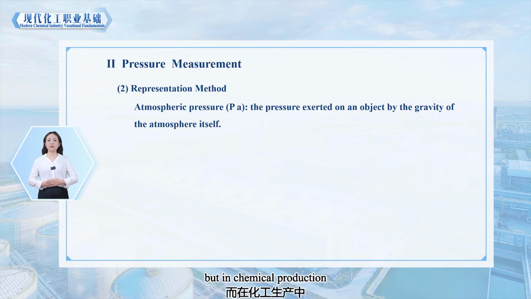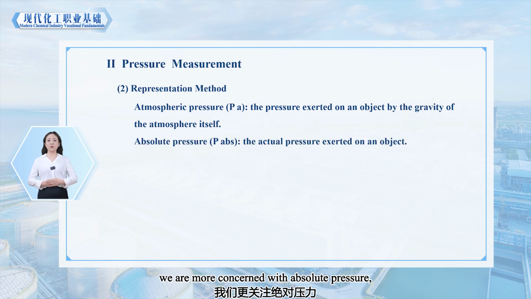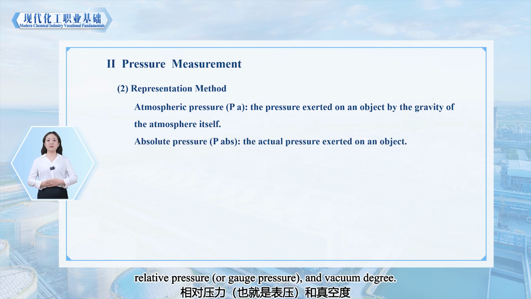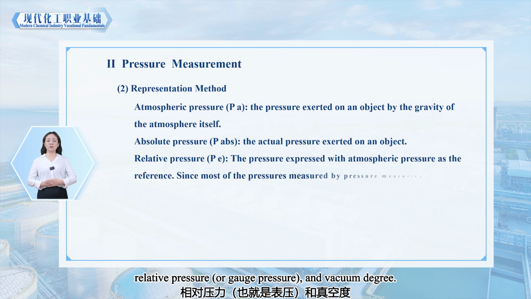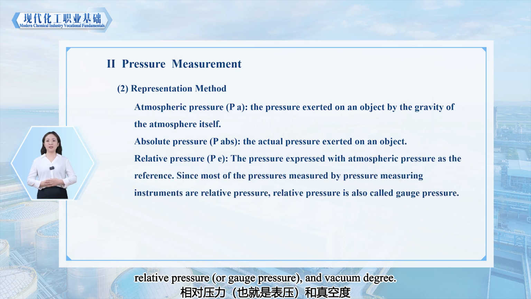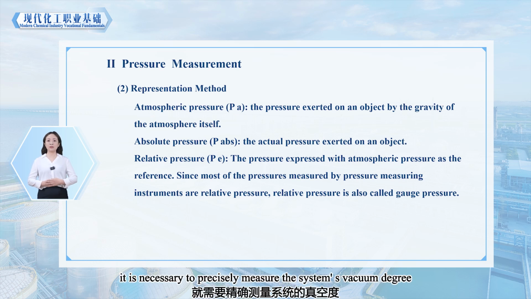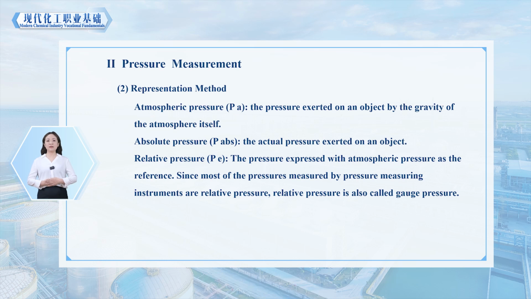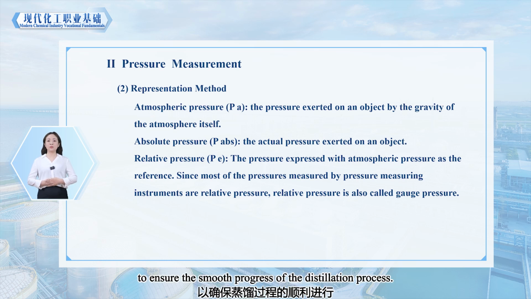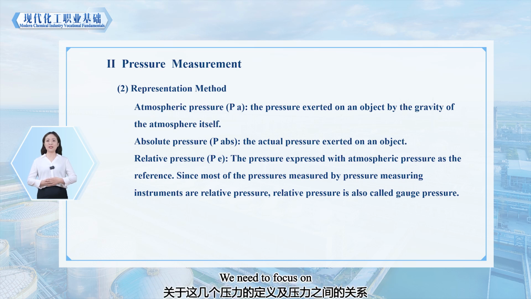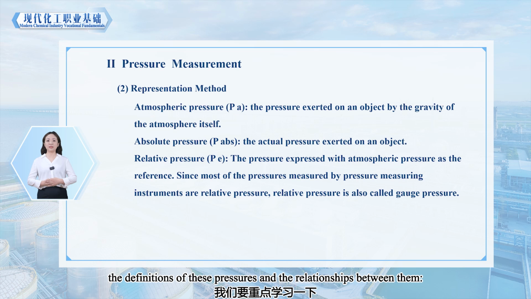But in chemical production, we are more concerned with absolute pressure, relative pressure or gauge pressure, and vacuum degree. During vacuum distillation, it is necessary to precisely measure the system's vacuum degree. To ensure the smooth progress of the distillation process, we need to focus on the definitions of these pressures and